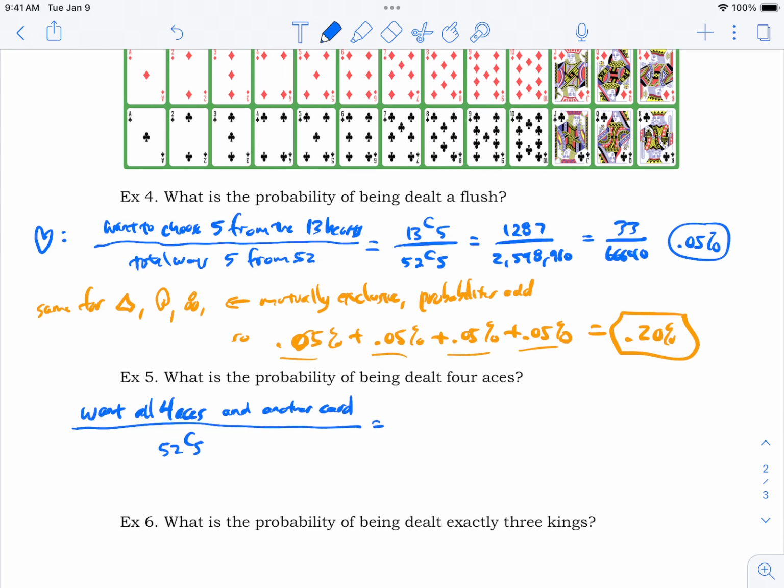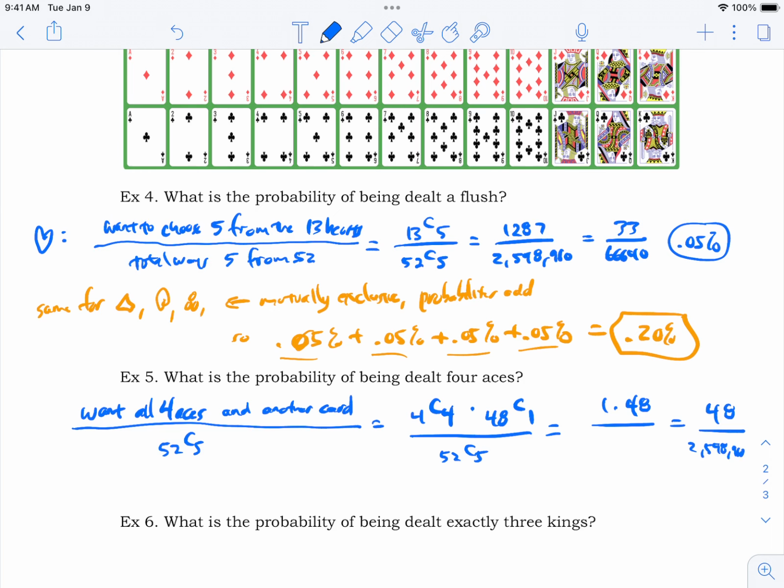So how do you get 4 aces? Well, you'd have to choose 4 aces from the 4 that there are, right? There's only one way to do that, by the way. 4 choose 4 is 1. If you want to choose a group of 4 aces, you have to choose them from the group of 4 aces. You have to choose all 4 of them. So 4 choose 4 comes out to 1, like I said. And another card. Well, there are 48 cards left, and you can choose any of those. You need one more card to make your hand. So 48 choose 1, and that'll be over the 52 choose 5. The 4 choose 4, like I say, is 1. 48 choose 1 is 48. And so it ends up being 48 over that big number,